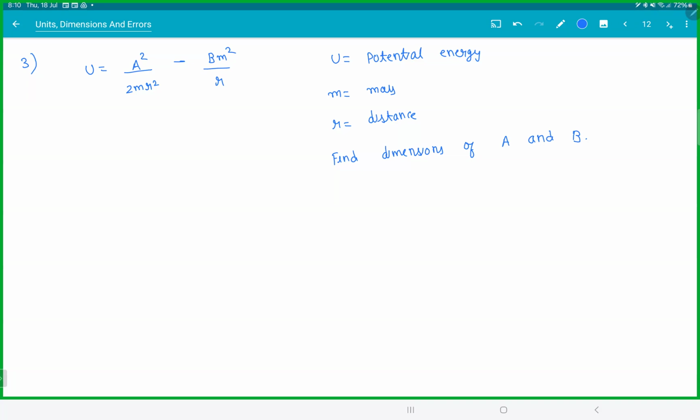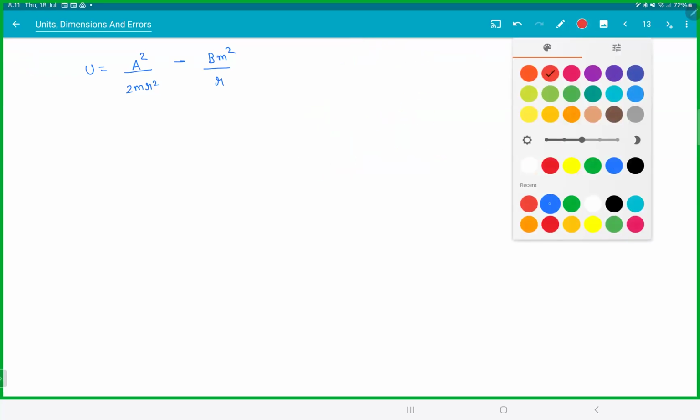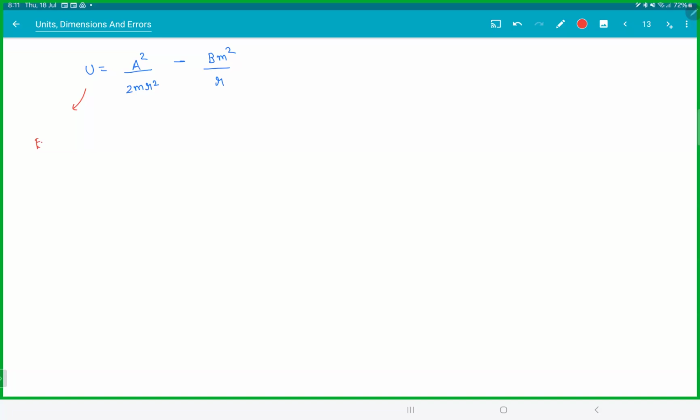Let's see. See, the idea here is, this U is energy. So this whole thing also must be energy. And this whole thing also must be energy. So we can say A square by 2mr square is proportional to energy. So you can simply say A is proportional to energy